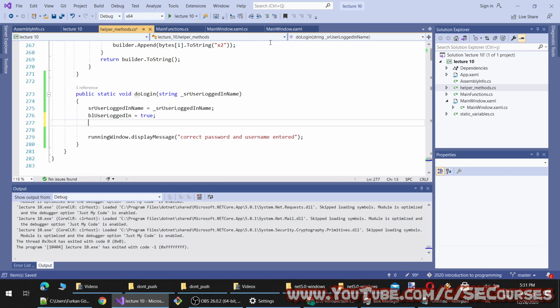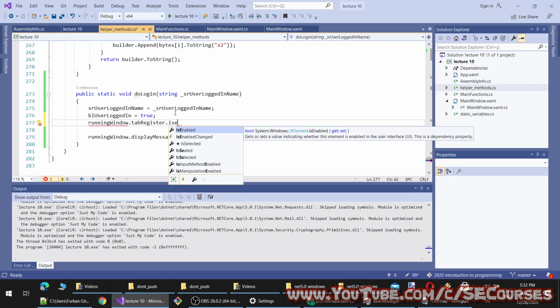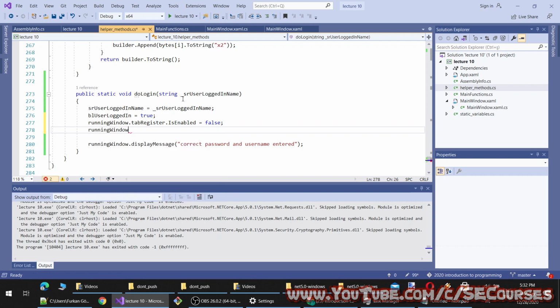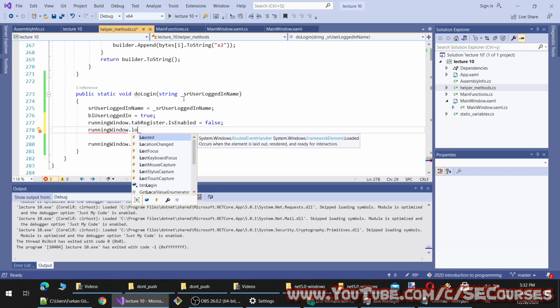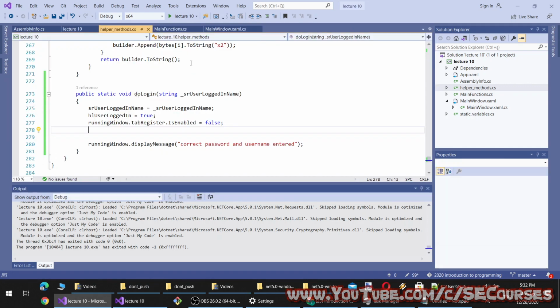Then we will disable the register tab. Okay, so for accessing that tab, I will use the running window instance and tab register. Enabled, you see, is enabled. Yes, it is get and set, equal to false, and running window tab, let's say log it. We need another tab as well after we have done the login. So let's add another tab.